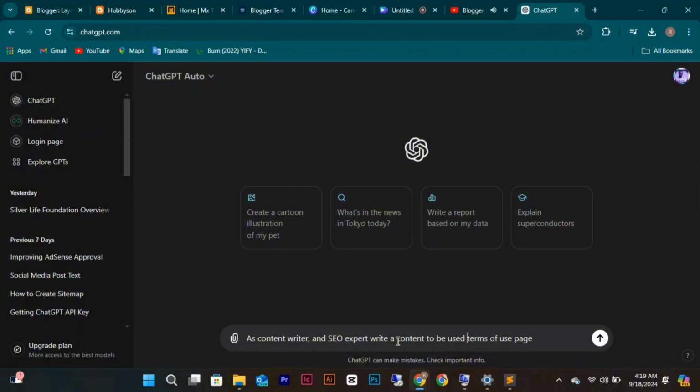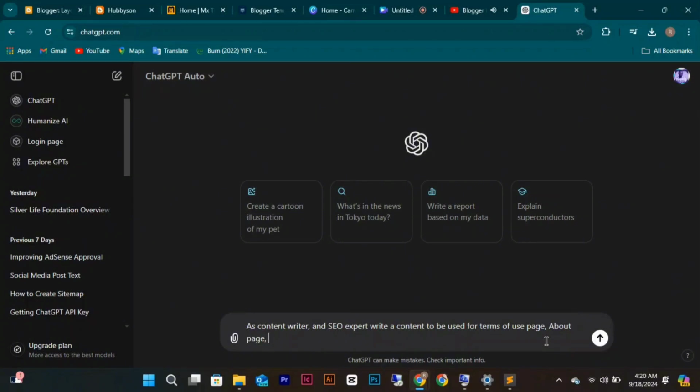Let's say, write content to be used for a terms of use page, about us page, that's the about page, contacts page, privacy policy page, then disclaimer page for